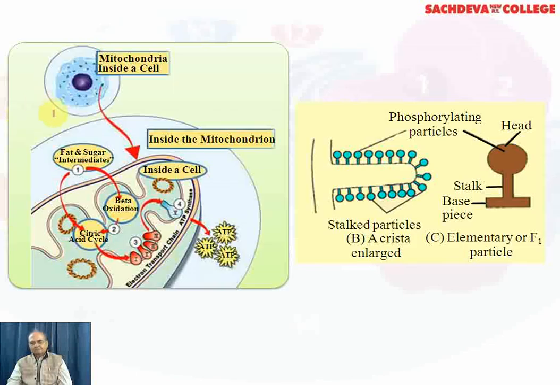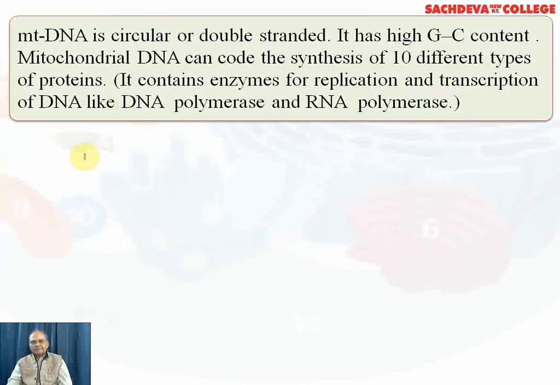Now you can see this inside the mitochondria. Here you can see that ATP synthesis is taking place in the F1 particles. Then you can see beta oxidation, Krebs cycle is operating, and on the other side you can see these tennis racket-like bodies, which you call oxysomes, arranged on the cristae, consisting of three parts: basal piece, stalk, and head. And the head is connected with the synthesis of ATP.